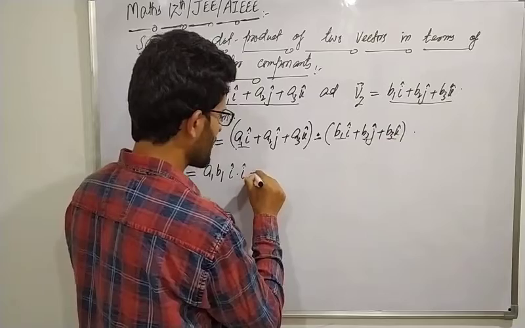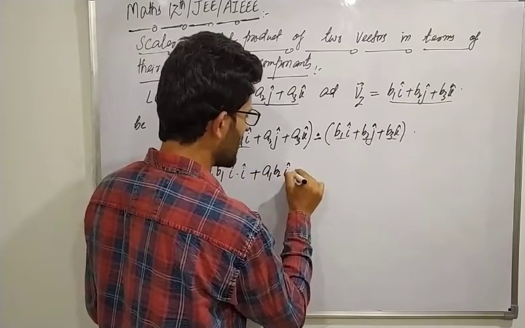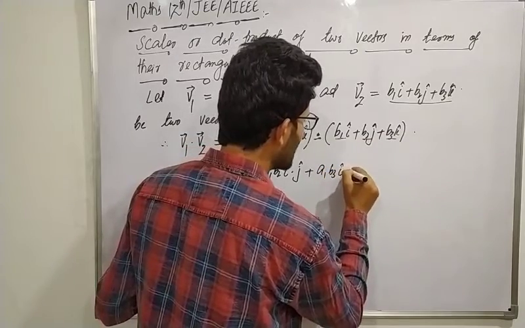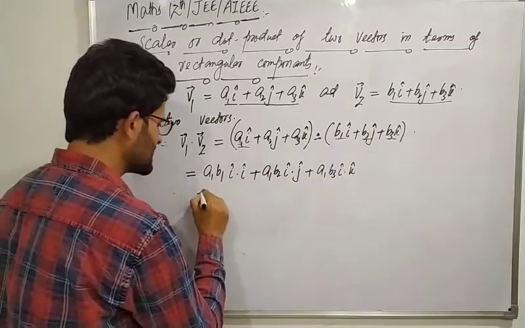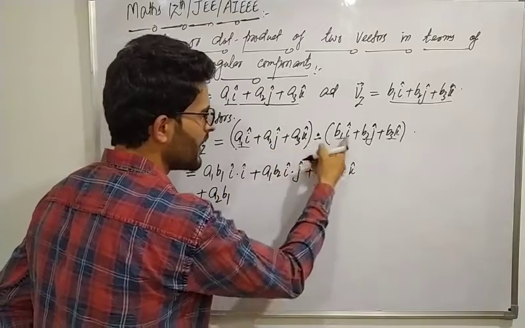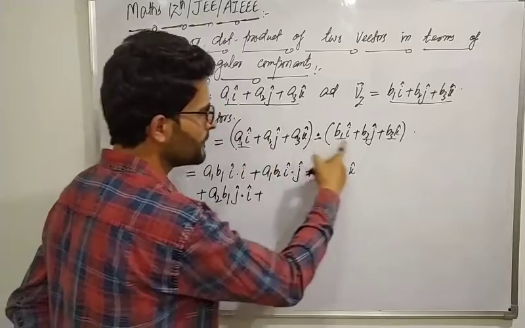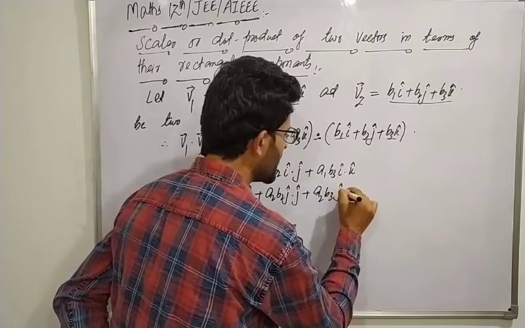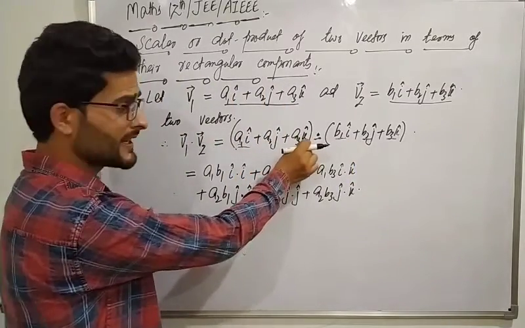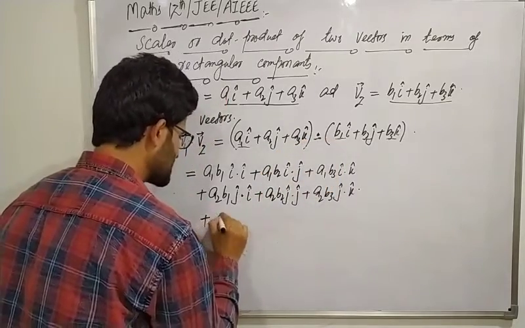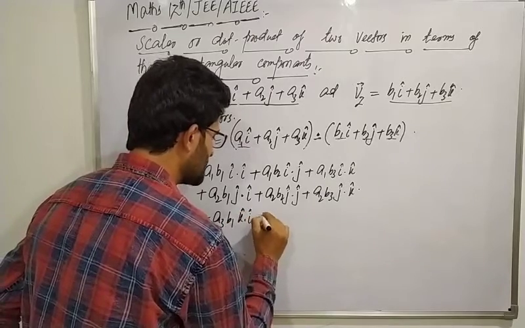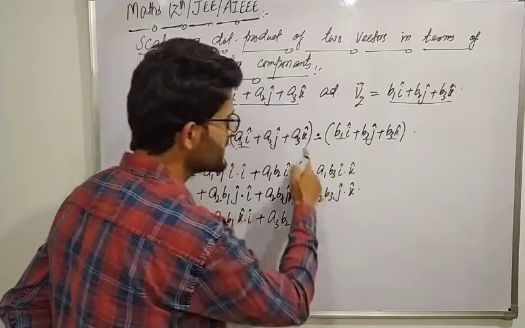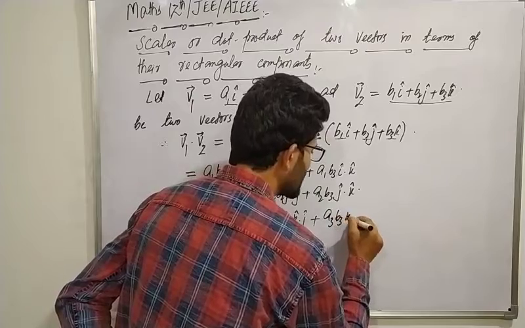इसके बाद a1i से दूसरे टर्म को, क्या आएगा, प्लस a1 b2 i dot j प्लस a1 b3 i dot k। अब a2j से कर दो तो प्लस a2 b1 j dot i, प्लस a2 b2 j dot j, प्लस a2 b3 j dot k। हो गया a2j से। अब a3k से कर दो तो क्या आएगा रिजल्ट, a3 b1 k dot i, प्लस a3 b2 k dot j, प्लस a3 b3 k dot k,